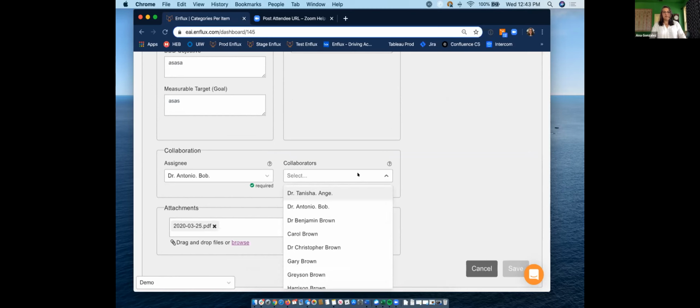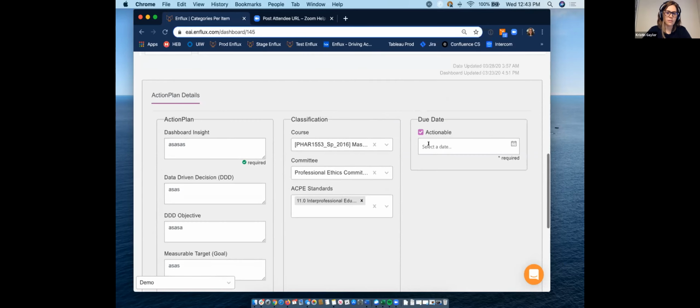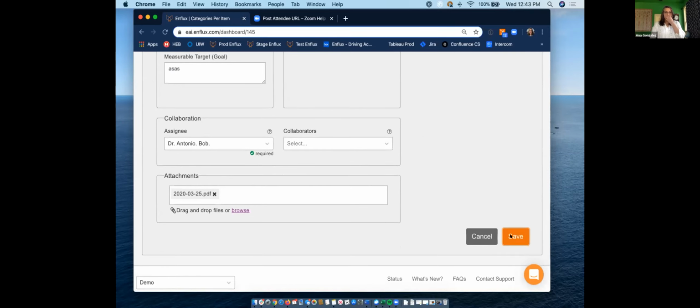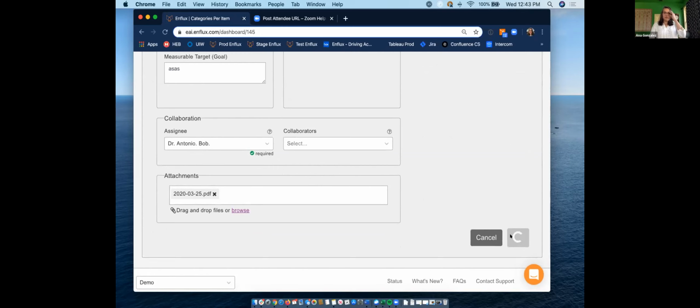And if I had any additional collaborators, I could add those as well. You'll put a date on there if it's actionable. If it's not actionable, you can uncheck it, which I will do. And then just click save. So that will save your entire action plan along with any document that comes along with it.